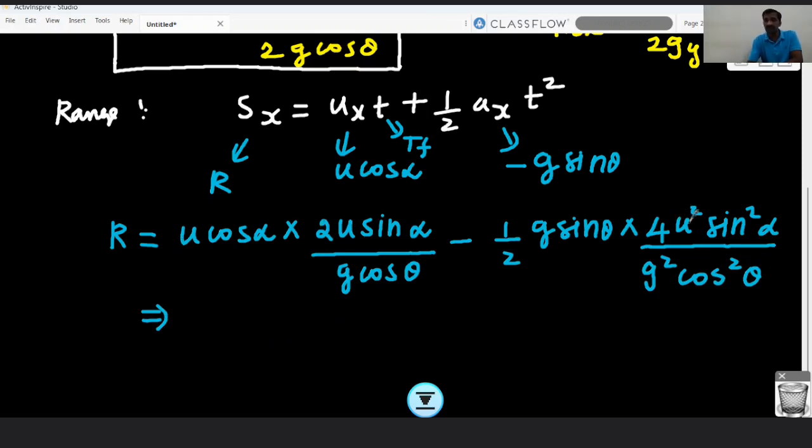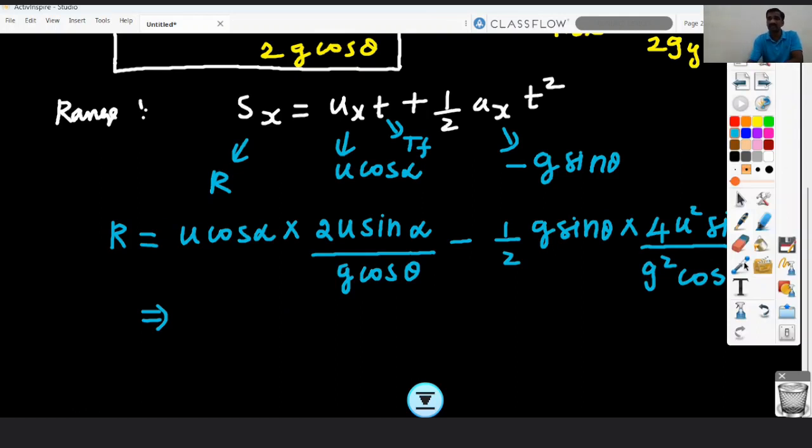So here also 4u square is there, no? So we can take 2u square sin alpha outside. And in the denominator you see here g cos theta, but here g square cos square theta. So here also we can cancel. This g can be cancelled with the square. Okay, now we can write